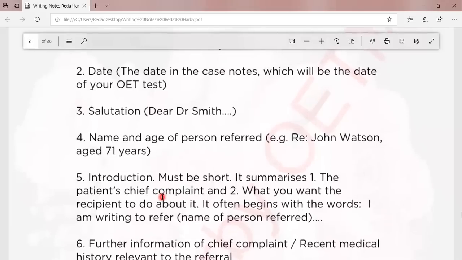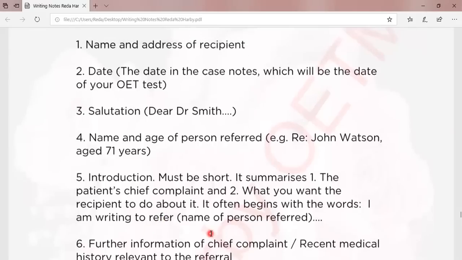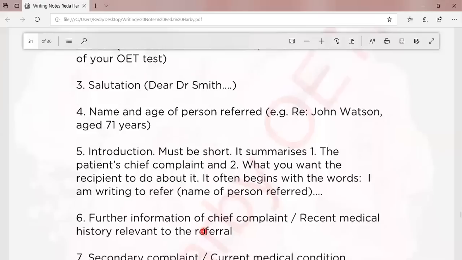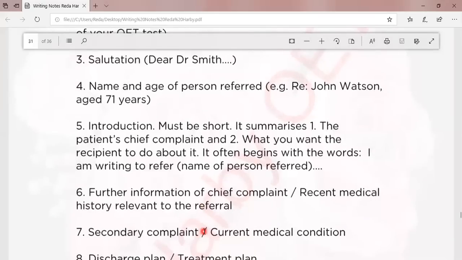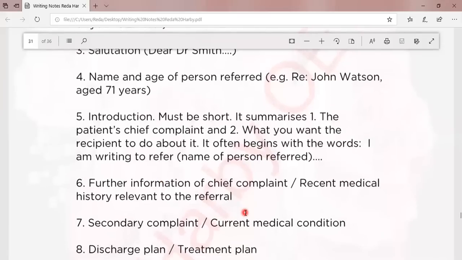The introductory paragraph must be short and summarize the patient's chief details and complaint, and what I want the recipient to do about that. Okay, I'm writing to refer, or I prefer to say thank you for seeing, and the name of the person referred. Further information like medical and social history, then the visits, the main visit, the main cause of the visit,